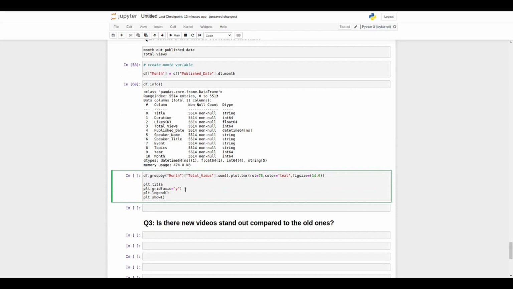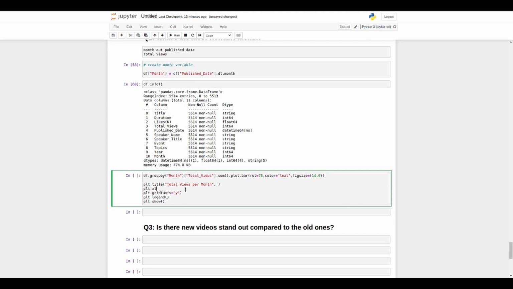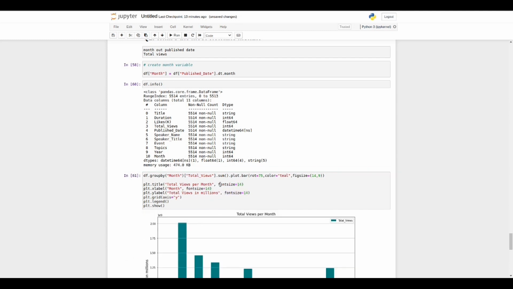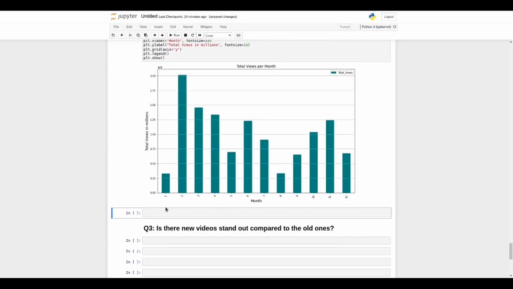Title, say total views per month, x label. Here I will write down the font size, so I will copy paste it. So yeah, font size 14. Great. So we can see that